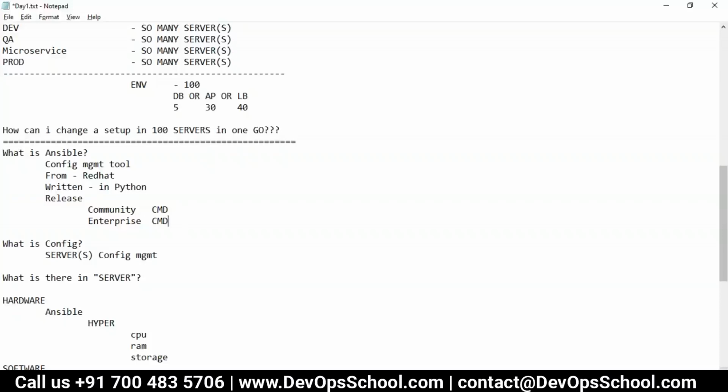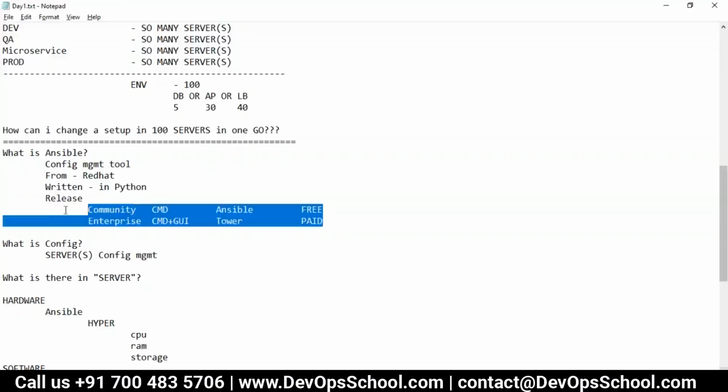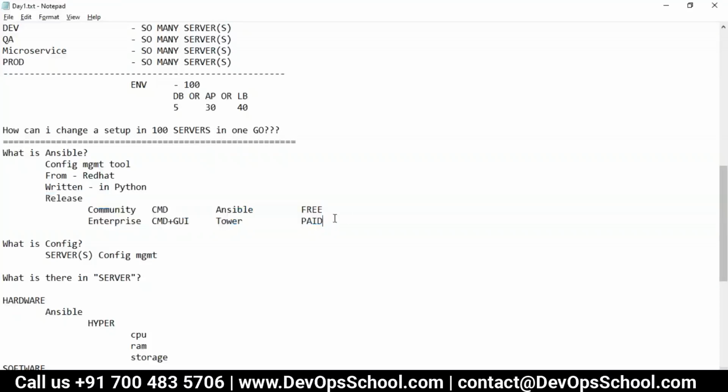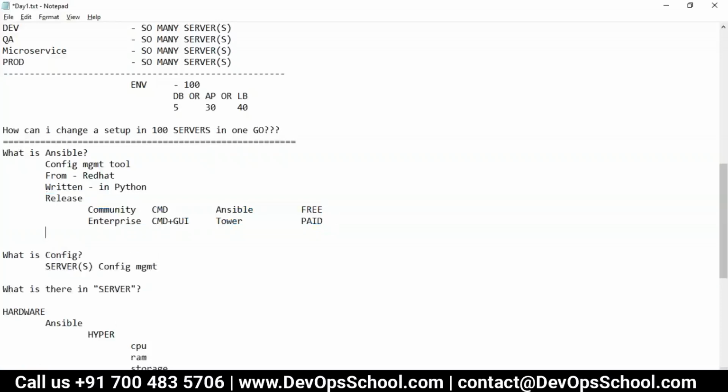Same feature here, command line plus GUI. This we call Ansible. This we call Tower. Now this is free, this is open source, sorry. This is paid. So this is the difference between the two releases. I'll teach you both, by the way.